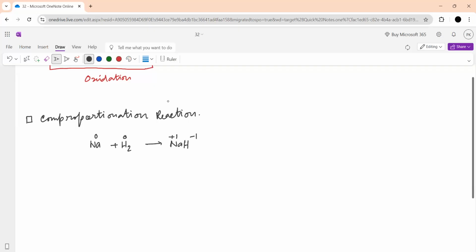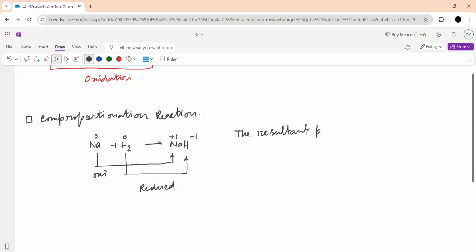So what we concluded from here: Na is getting oxidized and H2 is getting reduced. So here the resultant product